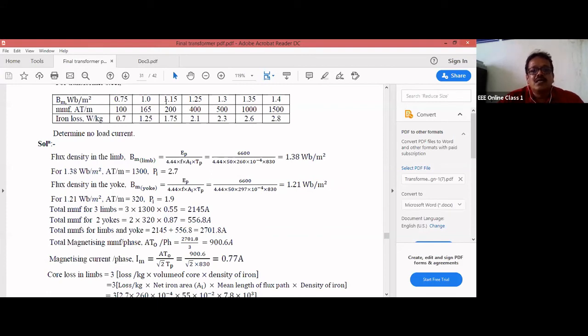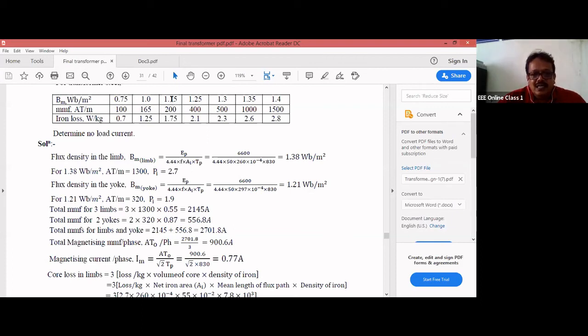Here 1.21. Here you got 1.15. Here I require 1.21. What is the difference here? The difference is 10. If you take two decimal places, 1.15 to 1.25, the difference is 10. Here the difference is 200. Okay, 200 by 10, what do I get? 20. So each decimal point will be 20. So for 1.15 is 200, for 1.16 is 220. Likewise, for 1.21, 1.15 plus 6 divisions, you get 1.21.